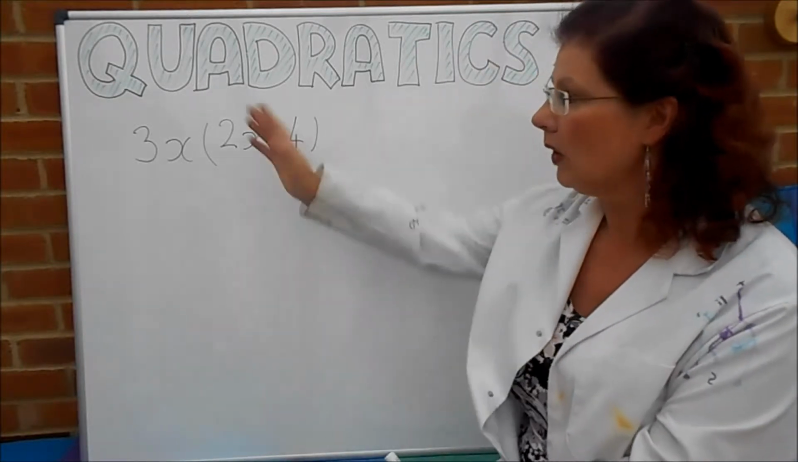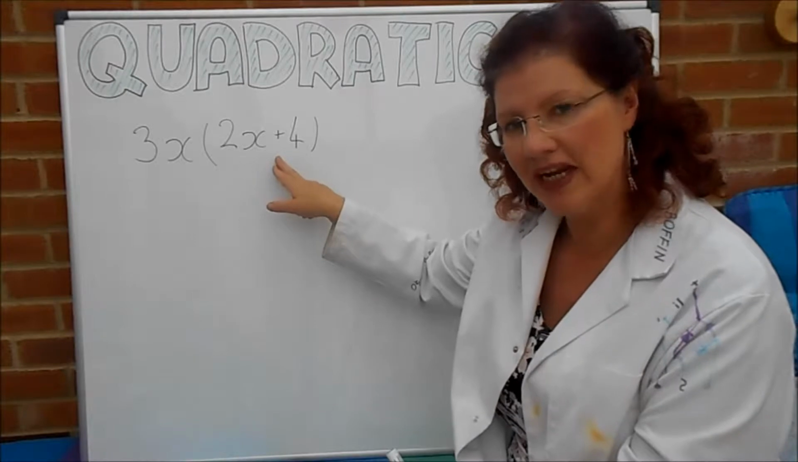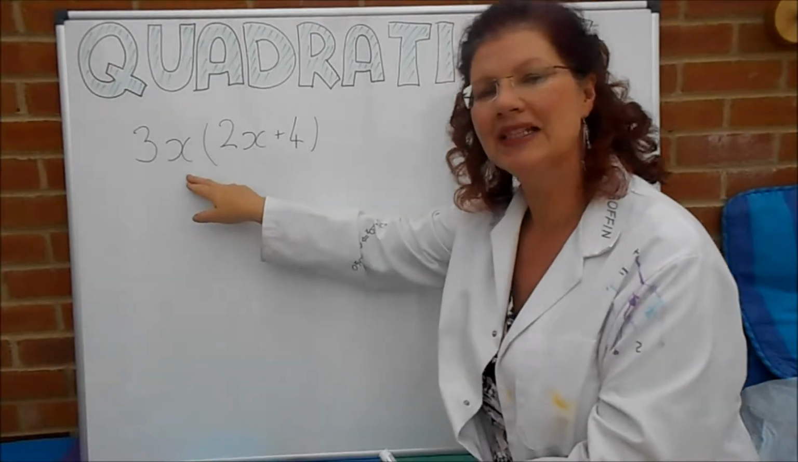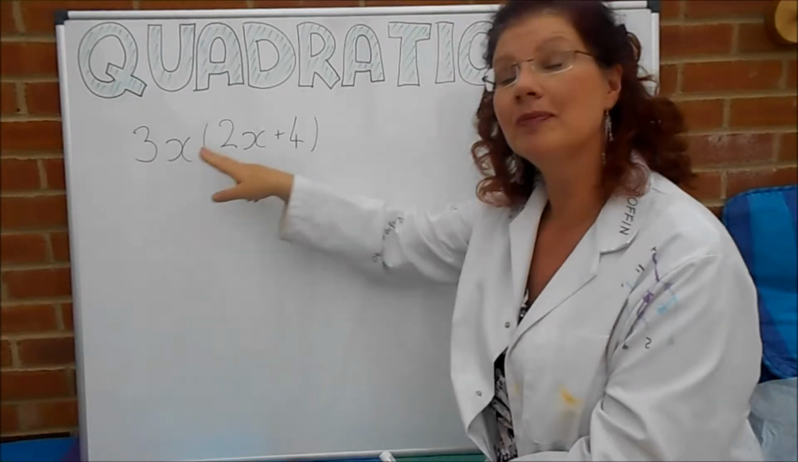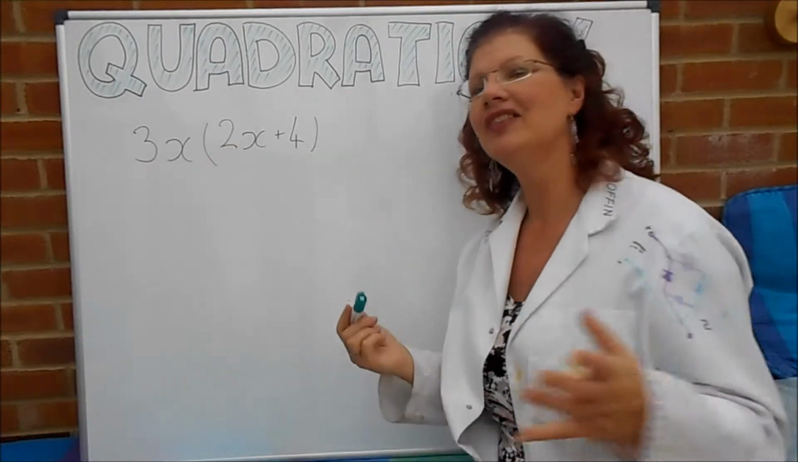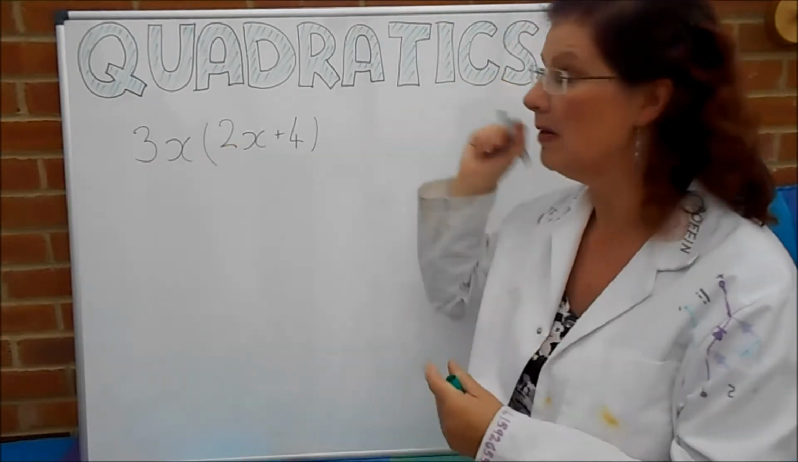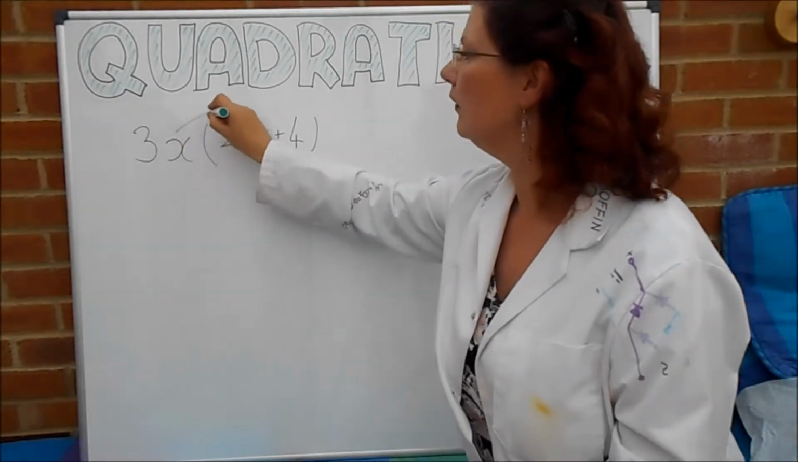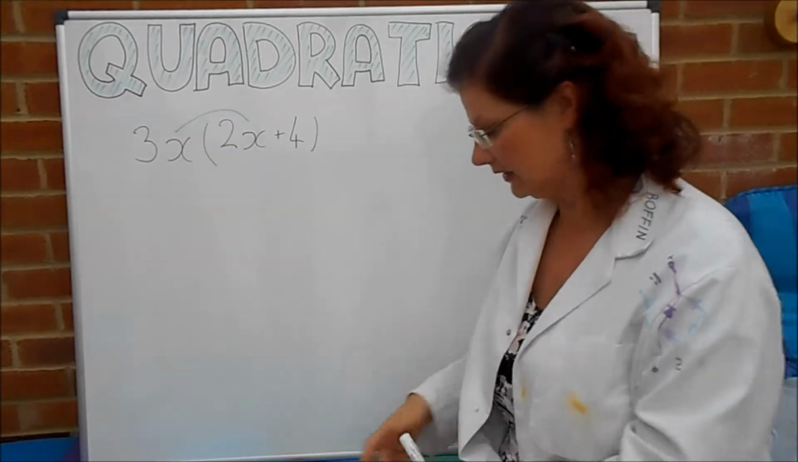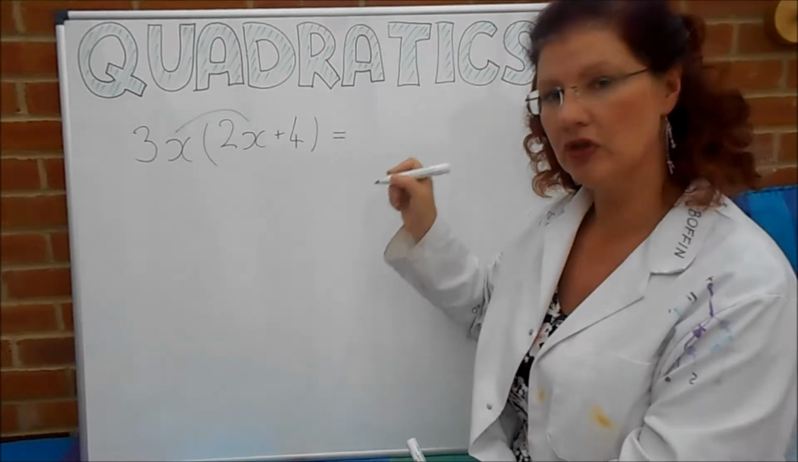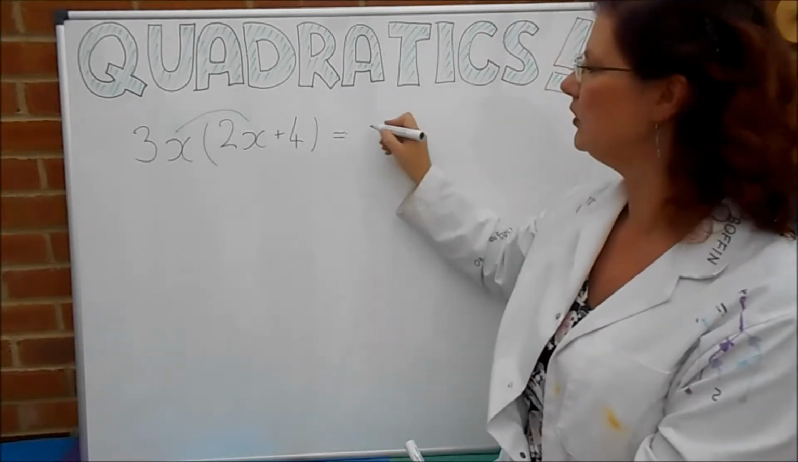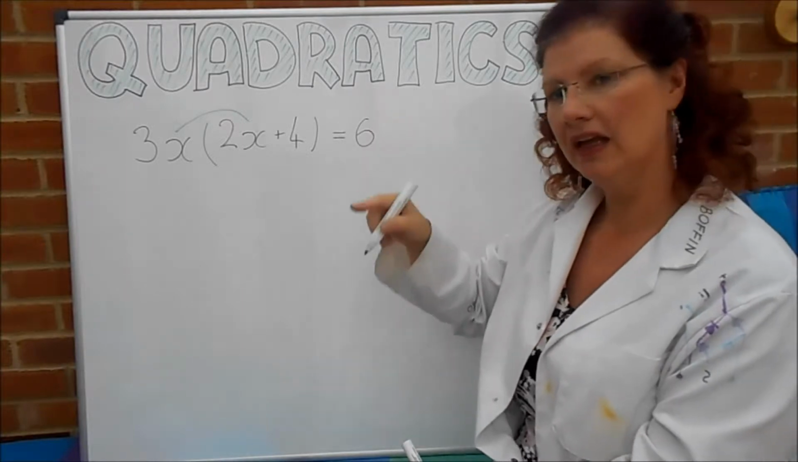So what we've got here is 2x plus 4 in the brackets and we've got a 3x outside the brackets. So we need to multiply whatever's outside the brackets by everything inside. And I sometimes draw dragon claws to help me remember that. So here we go. First of all, we're going to do the 3x times the 2x. Numbers first, 3 times 2, that's 6. X times x,